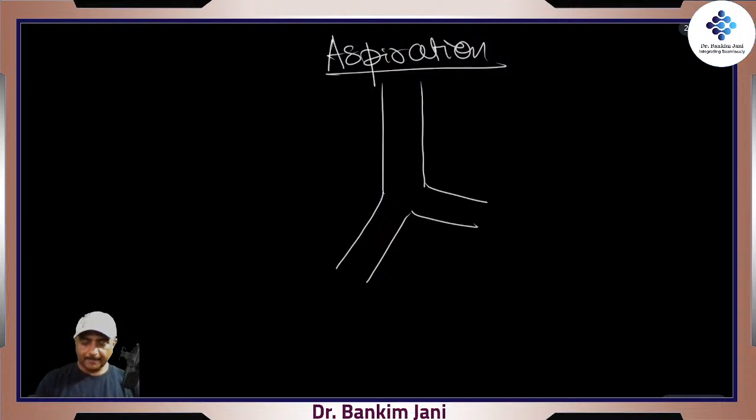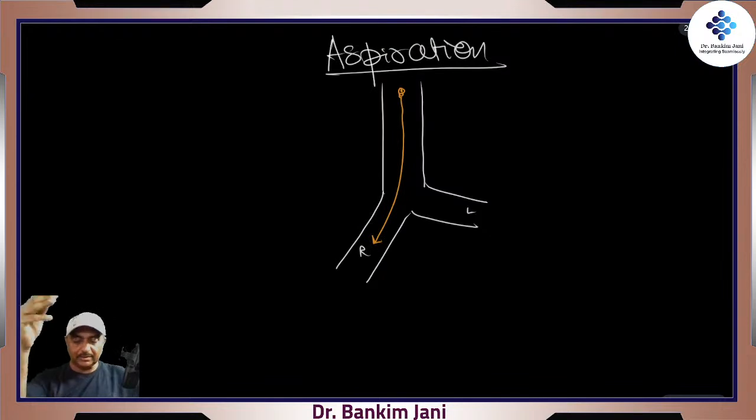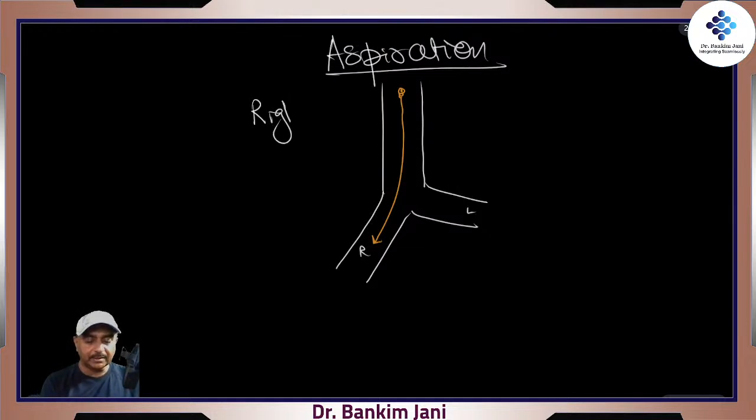right? We don't find much of the difference. This is the right side, this is the left side, but the point is that right side is at a very smooth angle. So any foreign body, as it goes, will easily slip into the right side as compared to the left side, because the left side is at an angle. So which is the commonest side affected? Well, the right side, any aspiration of foreign body,